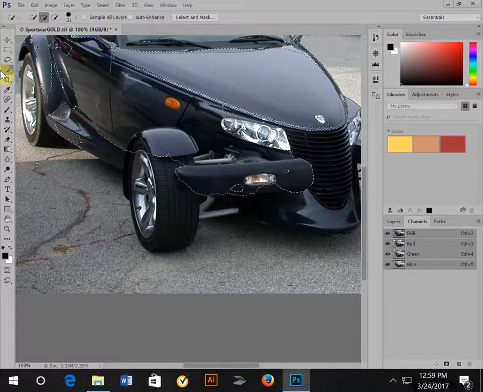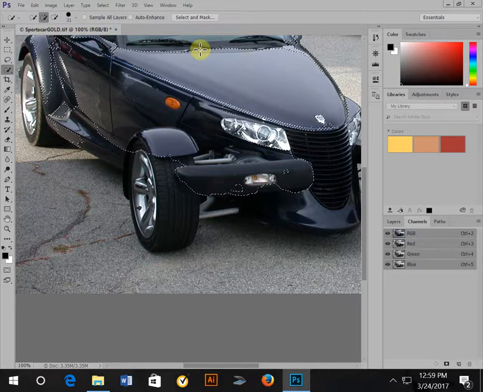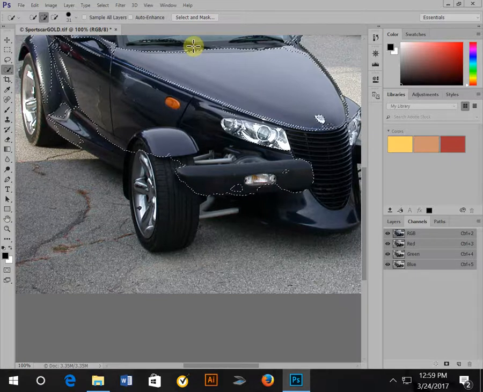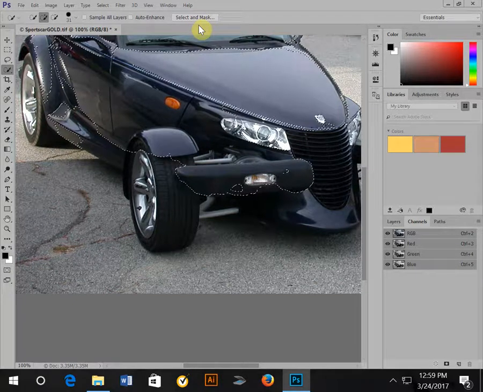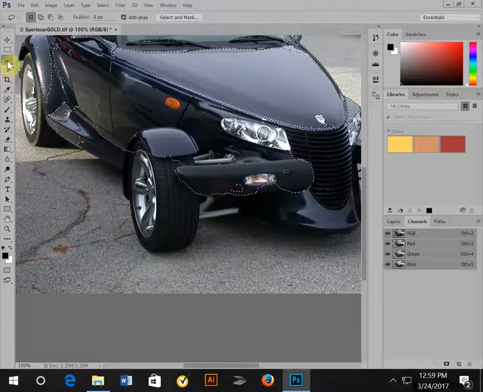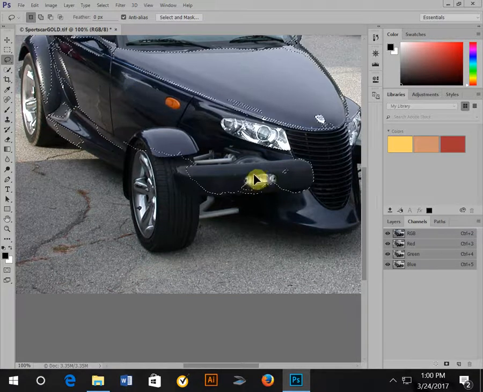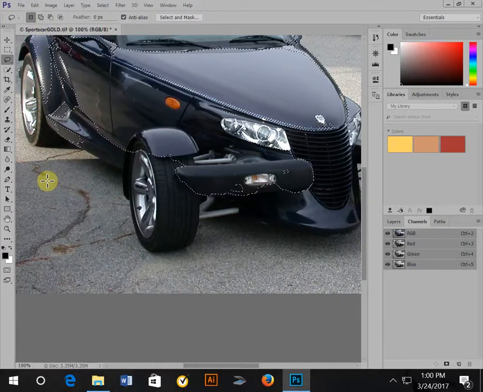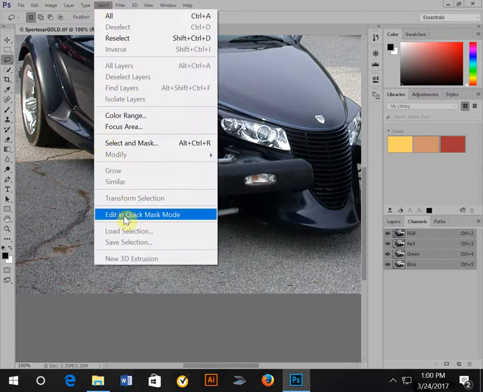Another thing that we can do is go ahead and clean things up with the lasso tool. The lasso tool is the kind that you draw with. So I'm going to grab it, and whoops, looks like I grabbed it, so I'm going to step backwards. And I'm going to select my